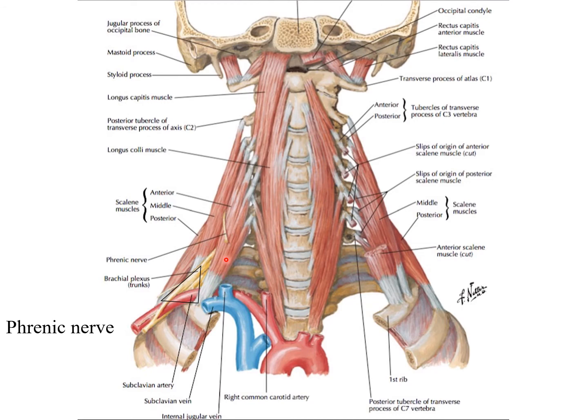Then between the scalenus anterior and the scalenus medius muscle, you can see here the trunks of the brachial plexus emerging laterally. Below that, this is the subclavian artery, which again emerges between the scalenus anterior and the scalenus medius. So please remember these relations. Right now, it will help you in understanding the contents of the posterior triangle. So the anterior surface of the scalenus anterior is related with the phrenic nerve and the carotid sheath containing the internal jugular vein, whereas the posterior surface is related with the trunks of the brachial plexus and the subclavian artery.